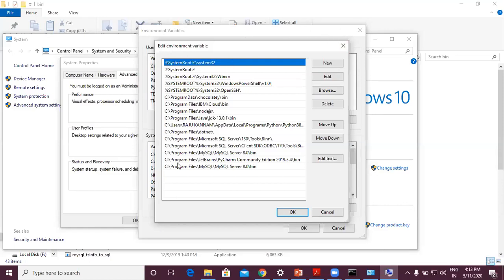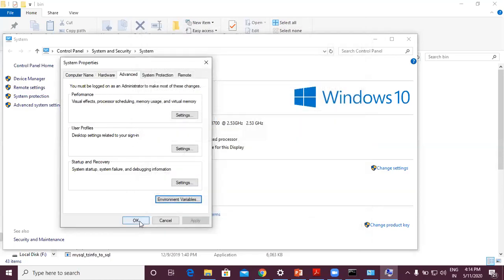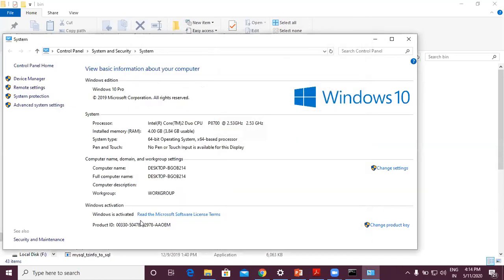If you are using the Windows 10 64-bit operating system, right? If you are using Windows 7, you won't get this. You will get only one text box. There already some paths are there. What you have to do? You should not delete any path. You have to go to the last, add a semicolon, then copy your path, then give OK. That is the thing you have to do. And still, if you face any problem after the class, you can just message me your screenshot. I'll tell you how to solve that problem.